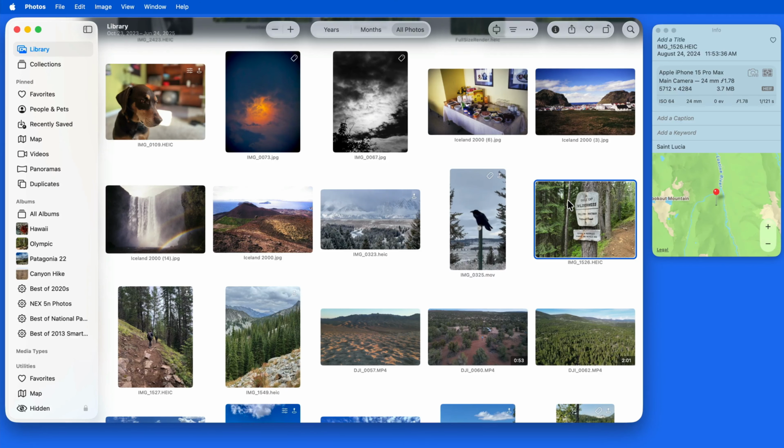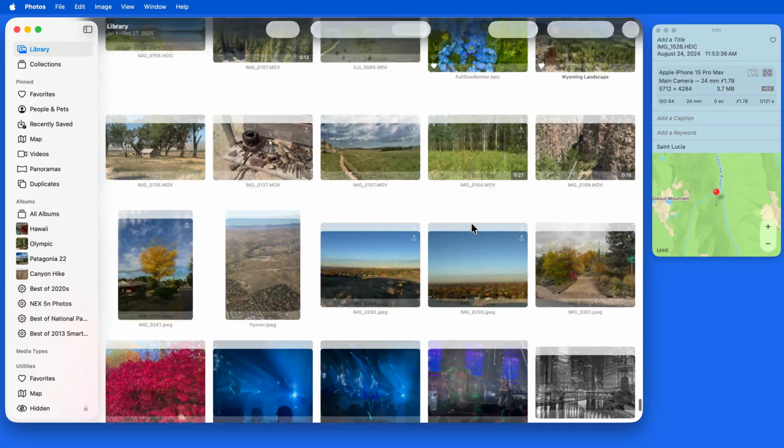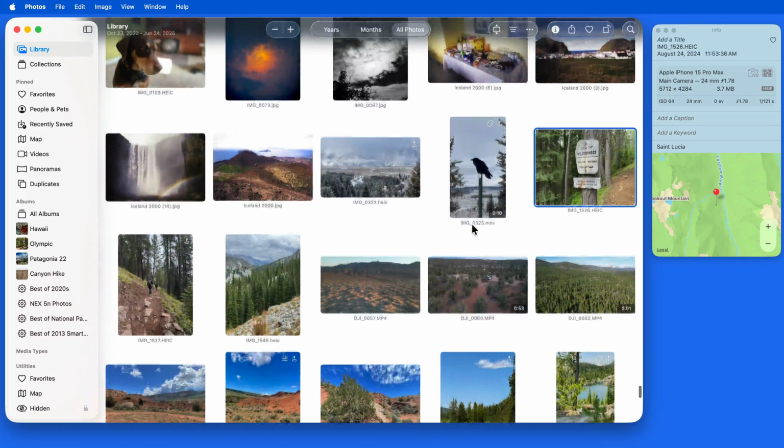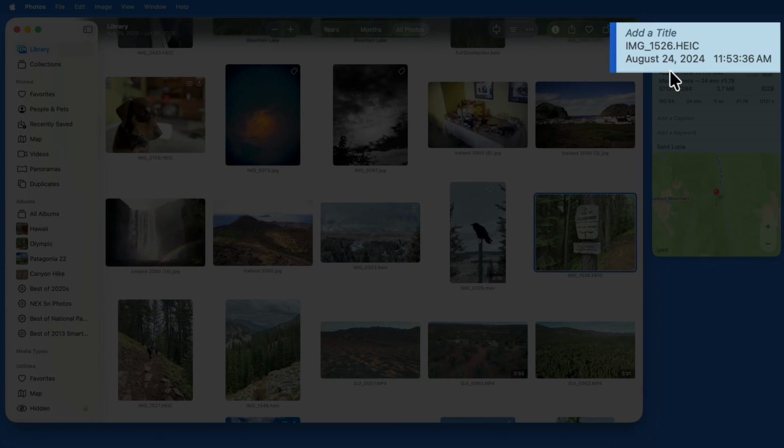Having the date or time wrong in photos can be really annoying. The Photos library will always display the latest images at the bottom of the window, so scrolling up moves back in time. We can see the precise date and time that is assigned to an image in the info window